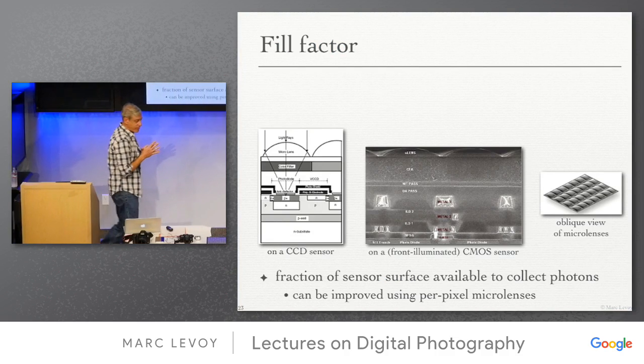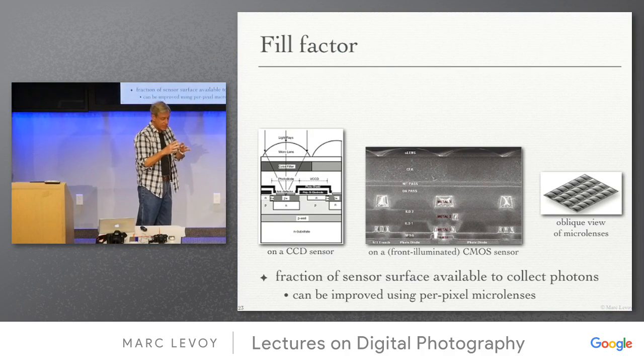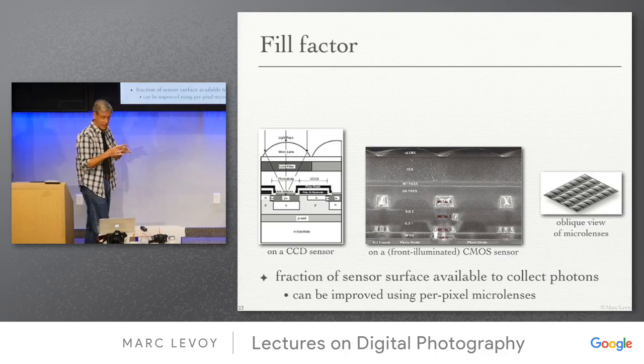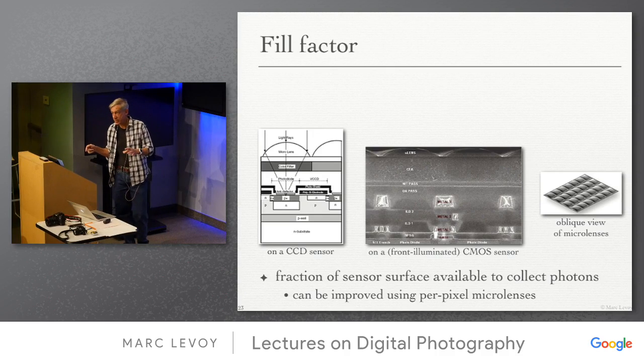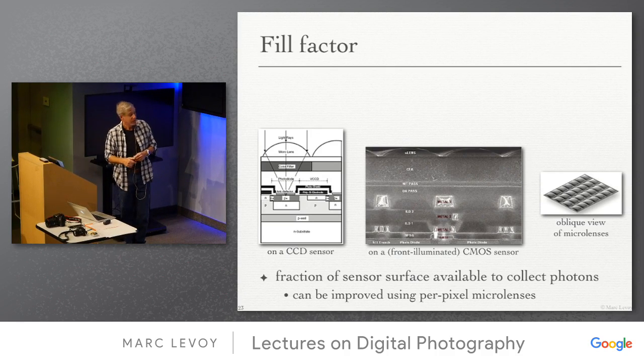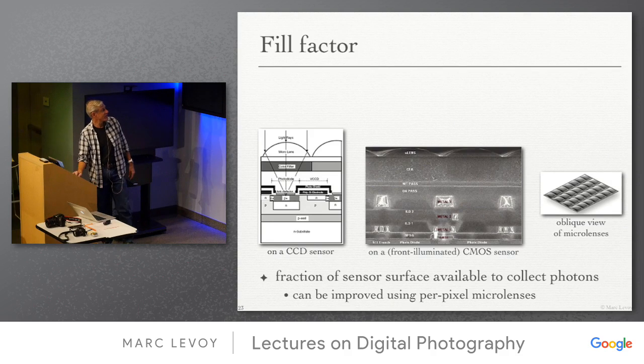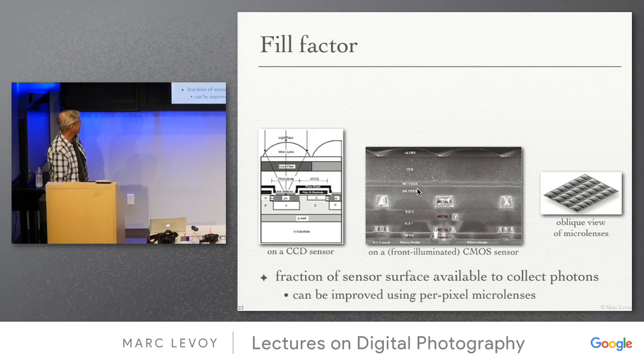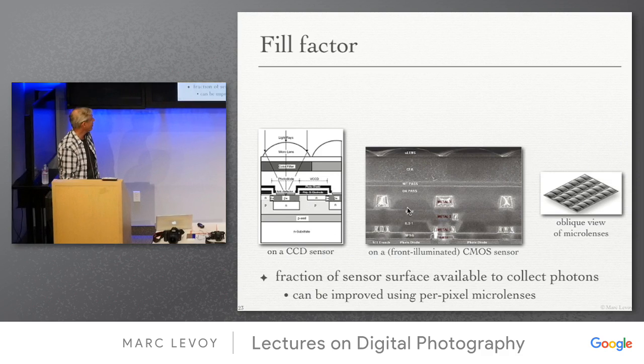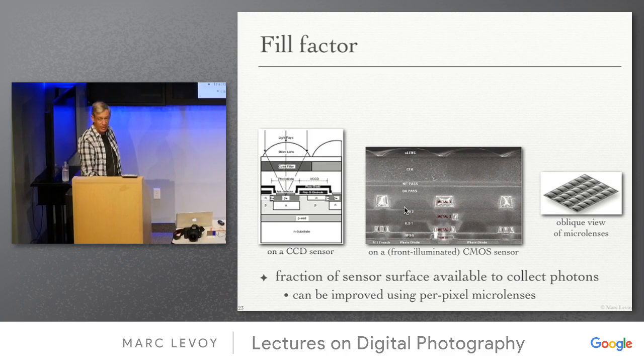So fill factor. As I said, there may be a difference between how big the pixel is relative to the spacing between pixels. And there are all kinds of things that happen. This is a front illuminated sensor. So there are these metal layers that you see through here, and the light has to come through the top. And while this looks